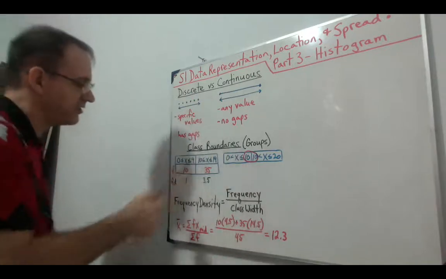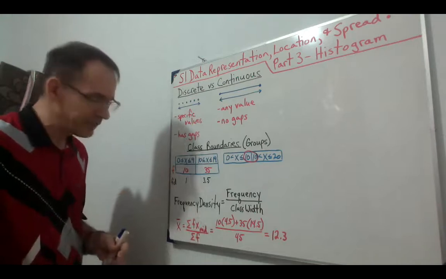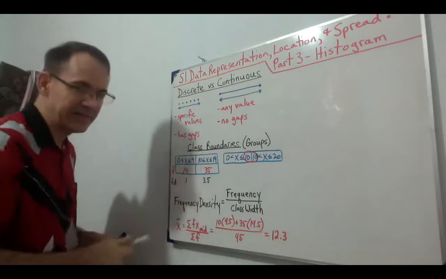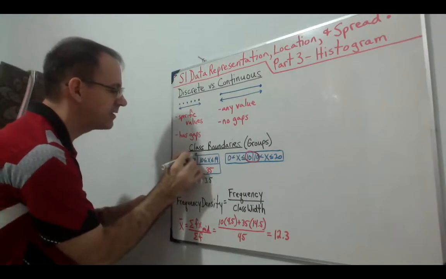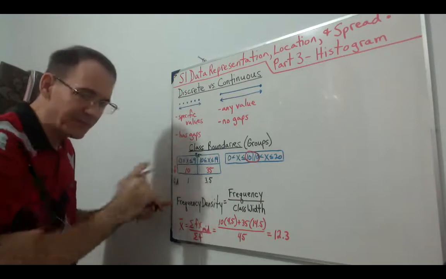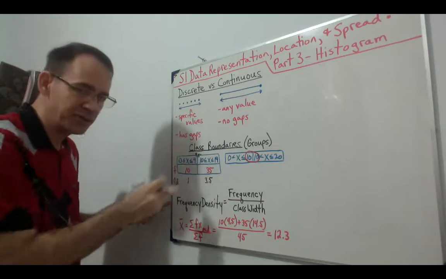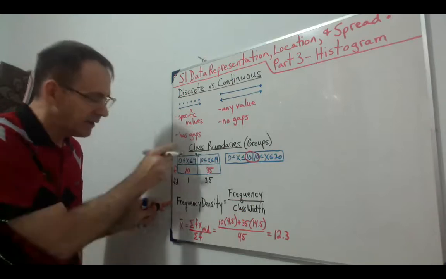So to make this continuous, what you're going to do is fill in the gap. Halfway between 9 and 10 is 9.5, so you're going to call this 9.5. And whatever that halfway value is, you need to make sure you do it at both ends of your categories